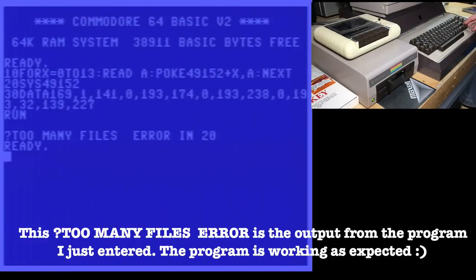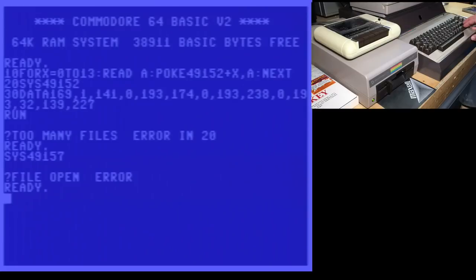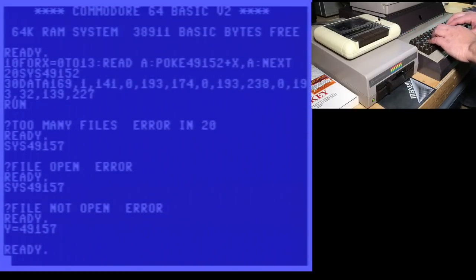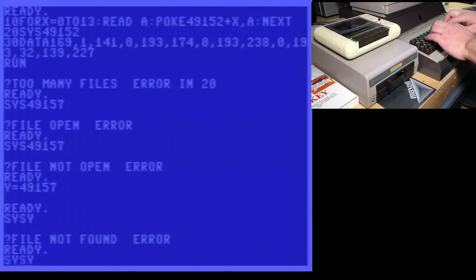Okay, and then every time I do sys 49157 from now on, it'll show another error on the screen. So there's file open error, file not open error. To make it a little quicker, I can set a variable to 49157. Sys, file not found error,